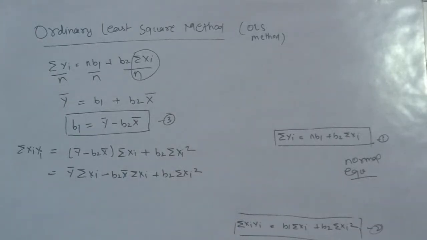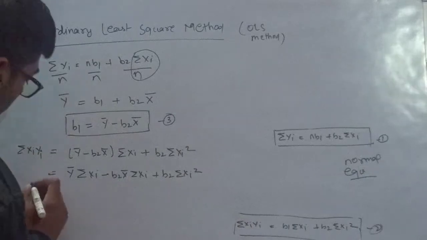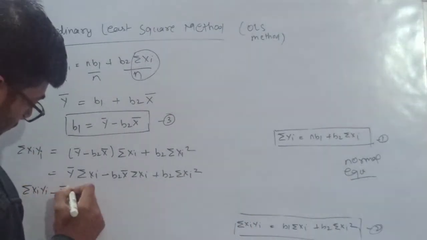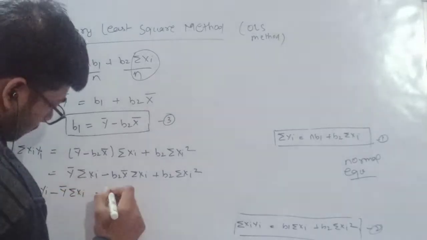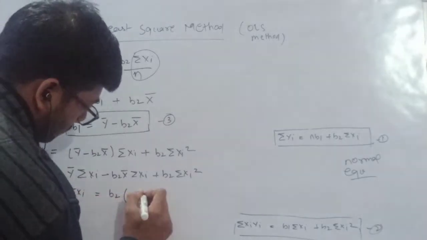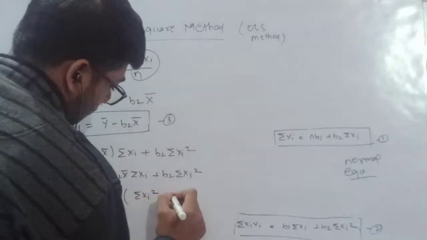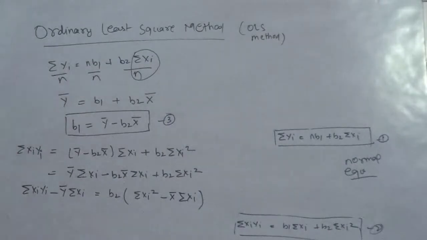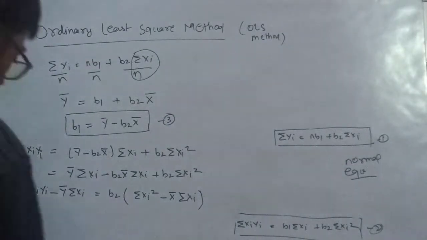Now take this to this side, and from here take b2 common. From here b2 will be